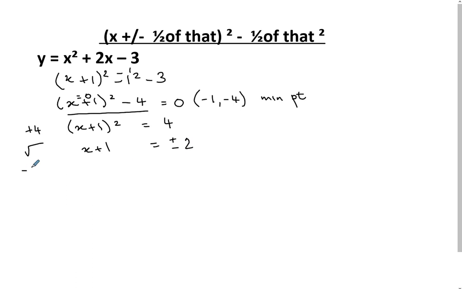And then in order to isolate the x, you minus 1, and you've got x equals minus 1 plus or minus 2. So x equals minus 1 plus 2 is 1, or x equals minus 1 minus 2 is minus 3. So remember, the minimum point was minus 1, minus 4, the y-intercept would be minus 3, and the x values are your x-intercepts. So if we sketch it,